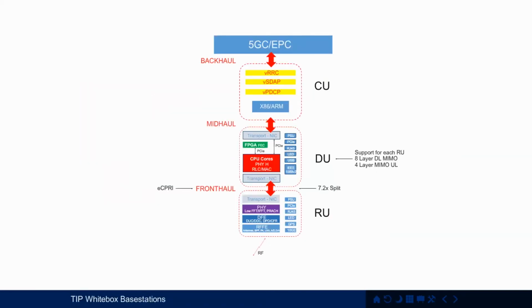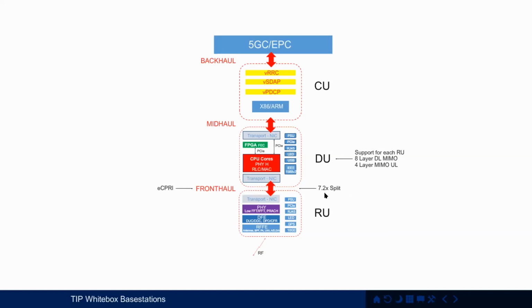And finally, just to finish off, let's have a quick look at a Telecom Infra Project white box base station. And as we can see, we've got the traditional 3GPP defined architecture with a centralized unit connected to the distributed unit over the midhaul, and then the DU connected to the RU over the fronthaul. And with TIP, they've decided that the fronthaul should be based upon eCPRI, which is ideal for a 5G base station. In fact, this is the 5G new radio base station architecture that we're looking at here.